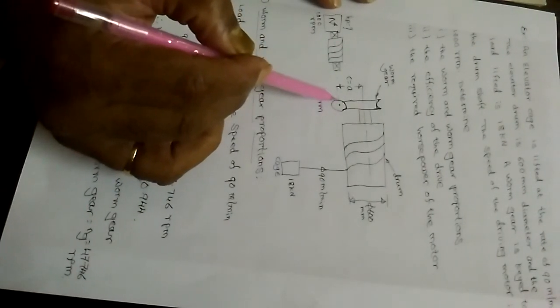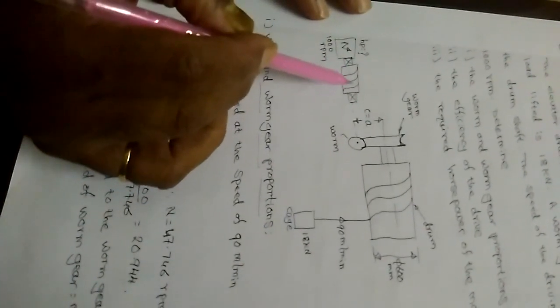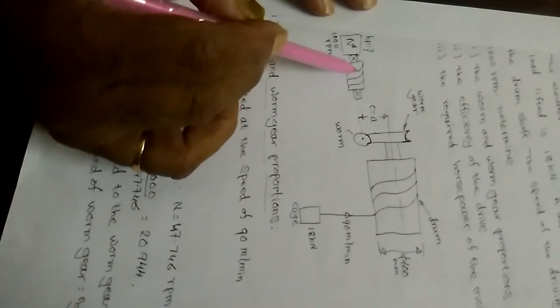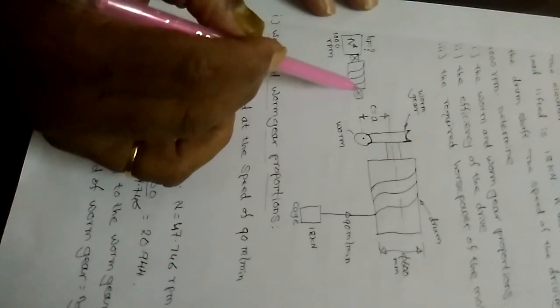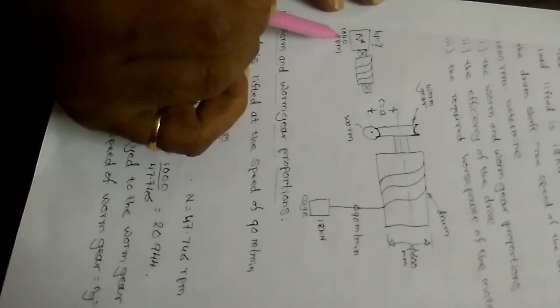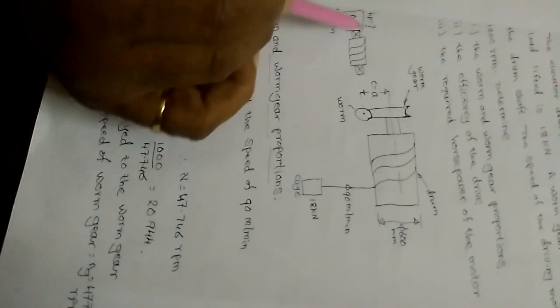The other view of this worm is shown here. This is the worm having a number of threads. I am showing on the figure just 1, 2, 3. The number of threads can be 1 or 2 or 3 or 4. On either side I have bearing locations. Then on the other side the worm is directly coupled to a motor which rotates at 1000 rpm. The power capacity, HP, of the motor is what I am required to calculate now. This is the input power. So this application is